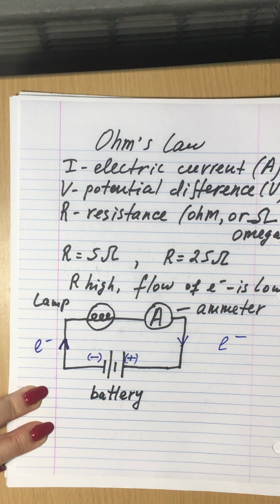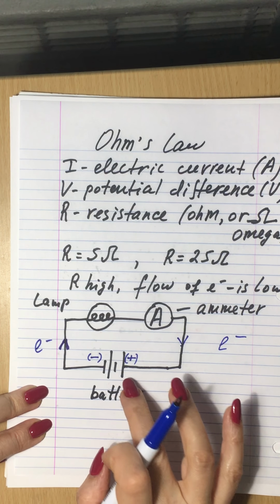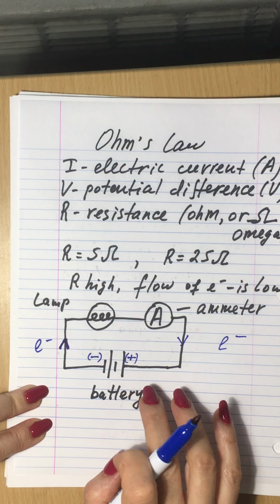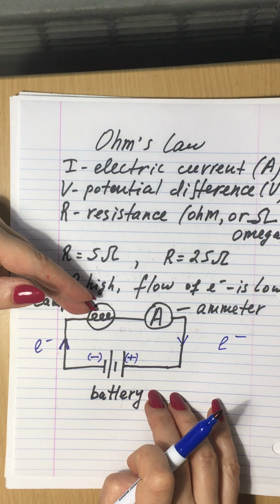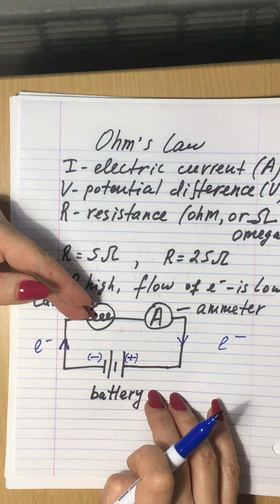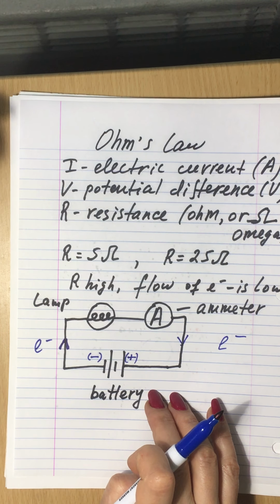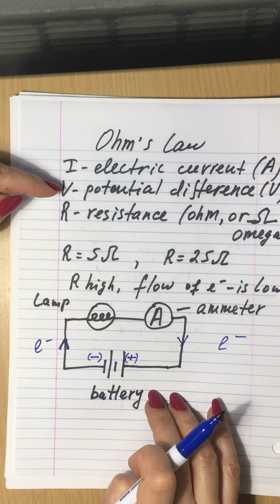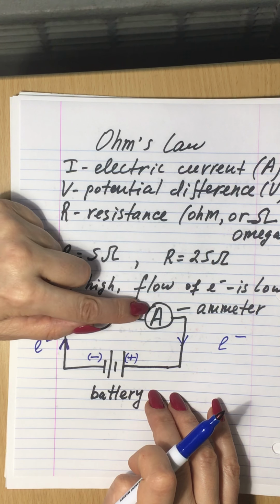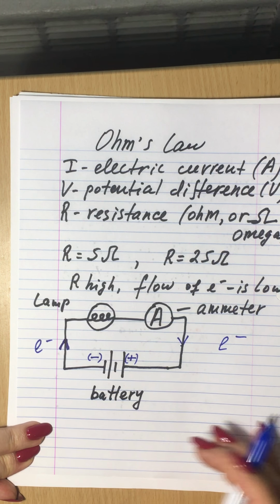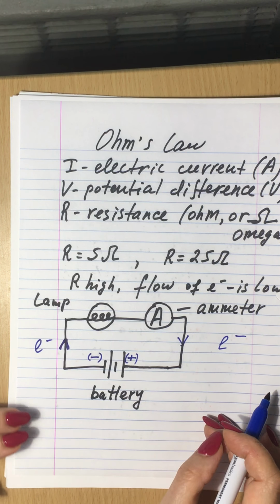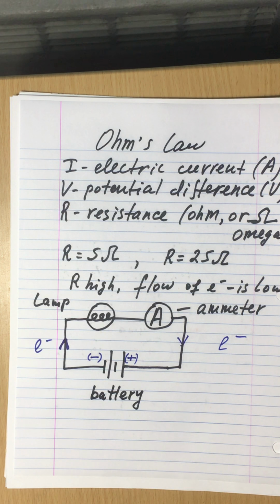So Ohm had a similar diagram, and he was changing potential difference, and he was changing the resistance. So you can use a different lamp with different wire inside, okay? So you can change resistance and you can change potential difference. And he was measuring electric current and tried to find out what the relationship is. Okay, and what he found out,